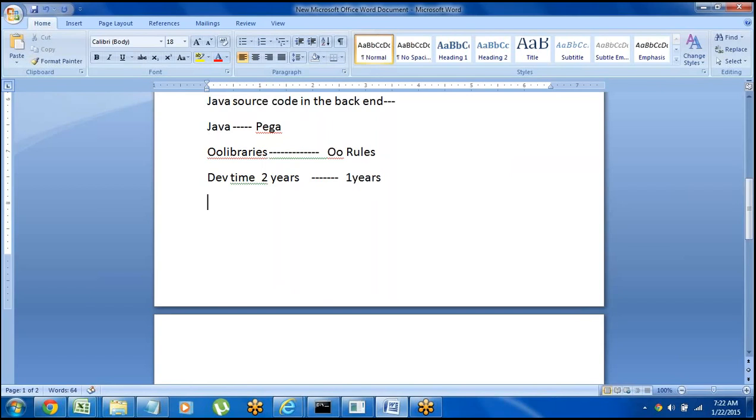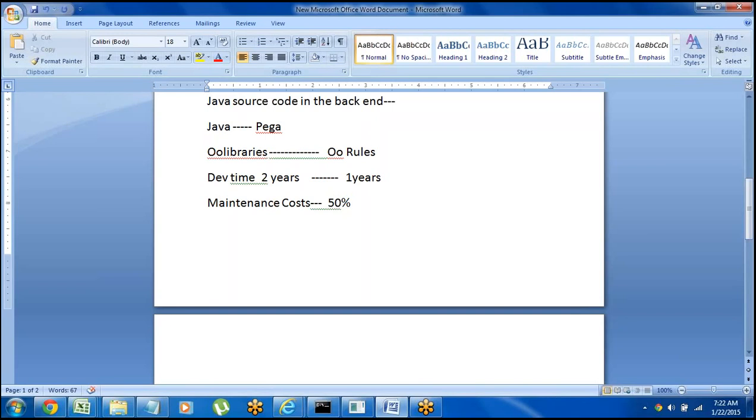So that is why companies are moving to Pega technology. Some other advantages are maintenance costs, which are also very less. When we compare with Java, the cost is reduced to around 50%. That is one of the main advantages. Not only for developing new applications, we can also convert.